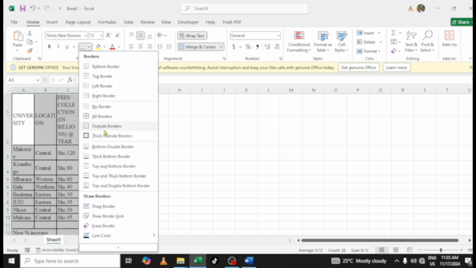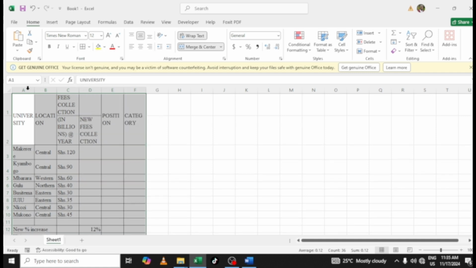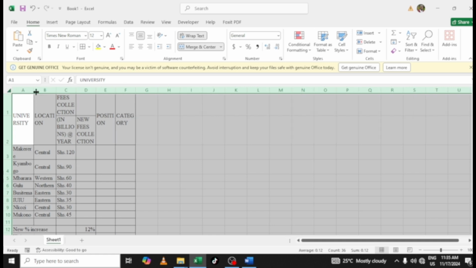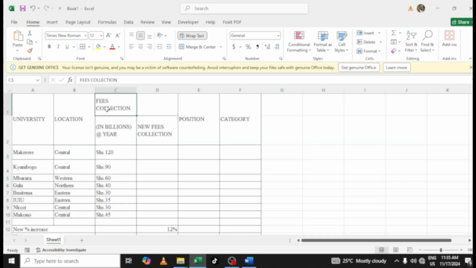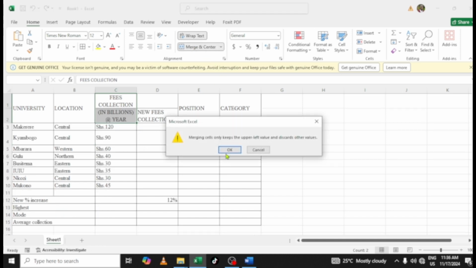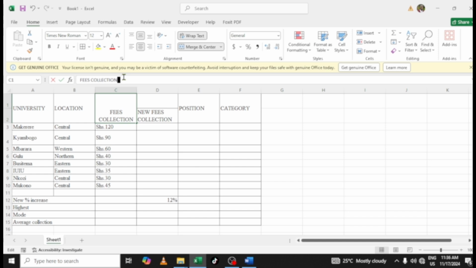I'm going to paste it in Excel, and after pasting in Excel, I'm going to perform a few things here and there as we are required by the question, and then we call it a day. Now, first of all, I'm going to adjust these columns to see that I have whatever I need in its original position. Now here I have fees collection in billions per year. I'm going to cut this word per year and then I merge these cells. After merging them, I know I will lose that last part. Then afterwards I'll paste whatever I've cut